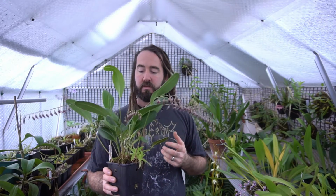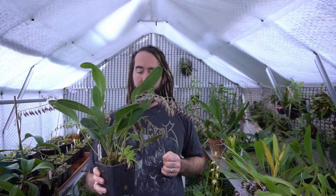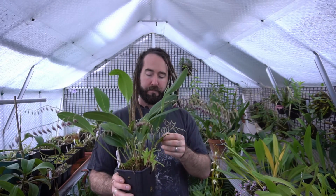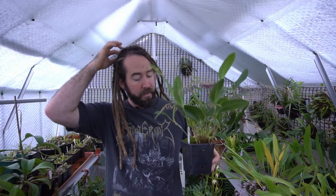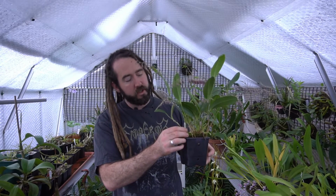I get at least, I would say, I don't know, 2 to 3 leaves every month. Or every couple of months. It produces kikis really quickly. You can snap them off and quickly create a little colony of these just by vegetative division, basically. So yeah, a great little plant. Grow it cool, regular fertilisation, not too much sunlight, and this will be due for a repot. It's due for a repot now, so it's been in the pot for a year. So once it's finished blooming,